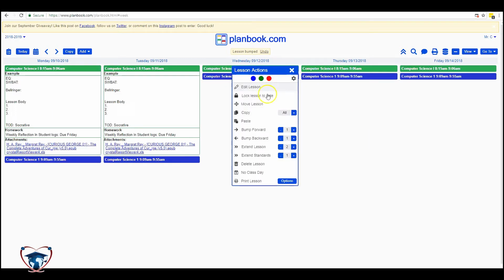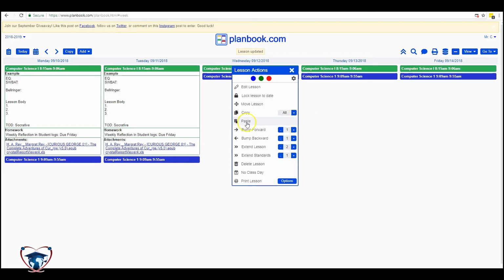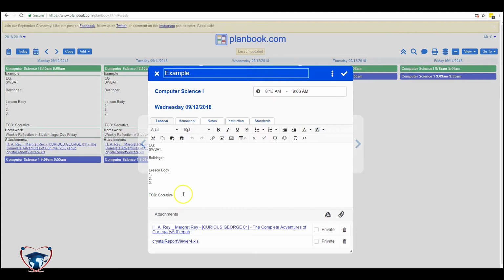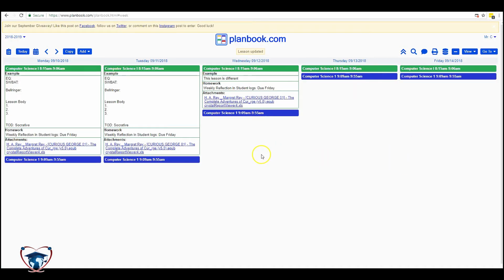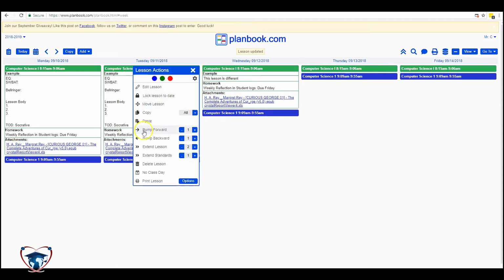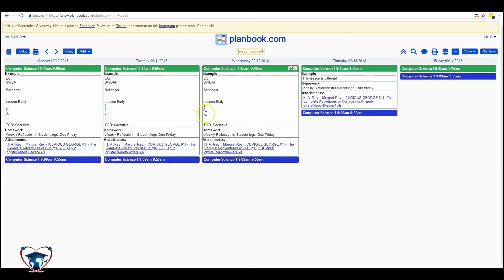So if I were to do this, excuse me, I'm going to change this so that you can see the difference. Okay, now that you see the difference, I'm going to bump this forward 1 day. You see everything gets shifted with it. Okay? Now if I take both of these and move them back,